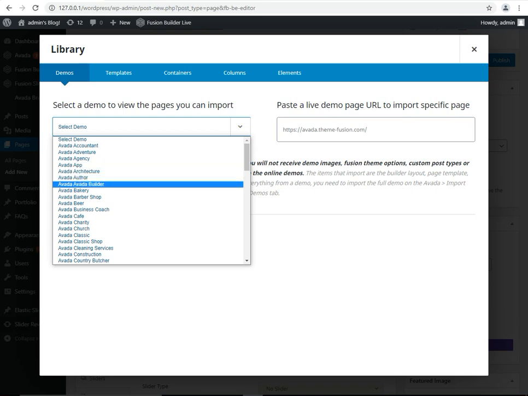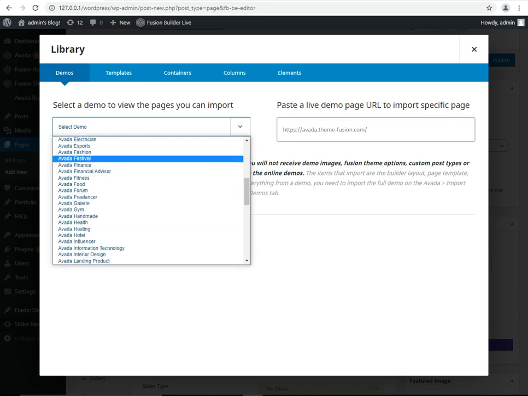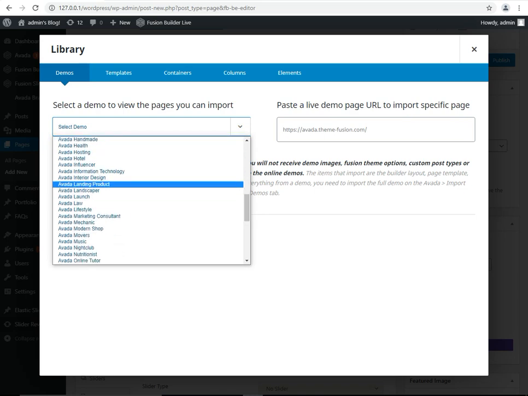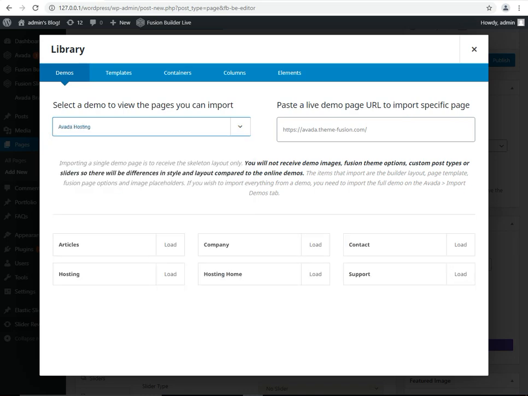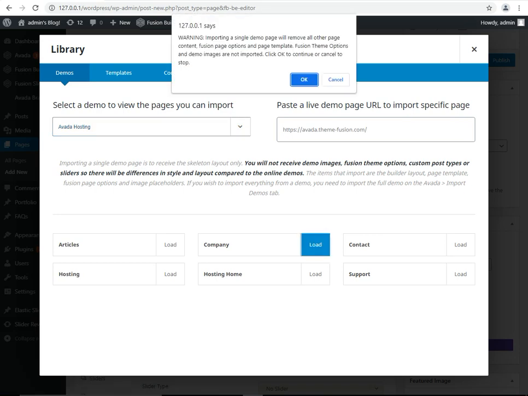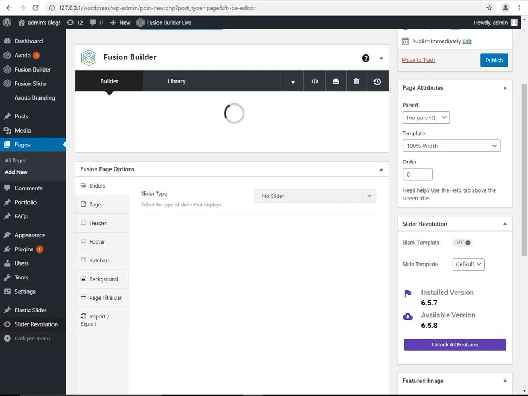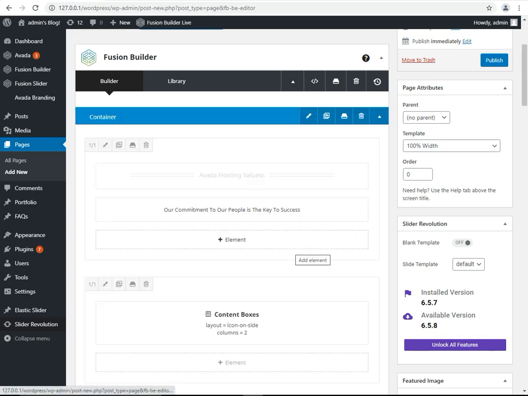Different types are available, different predefined ones available. Going to see the hosting company, hosting company, load, check what the system will show.